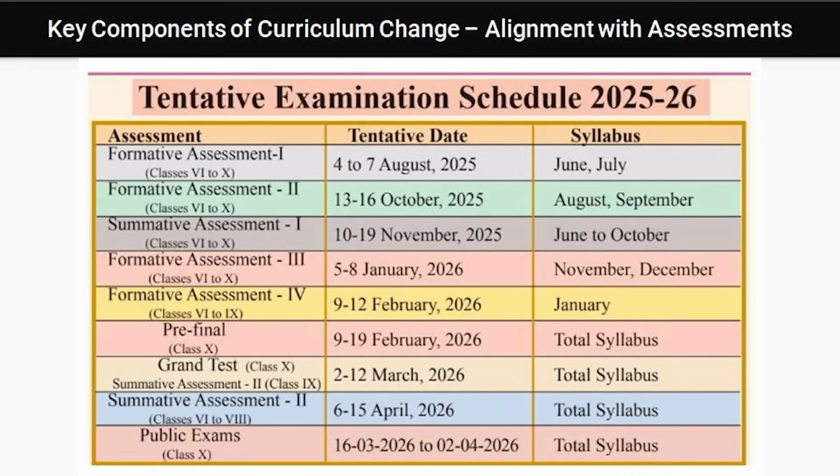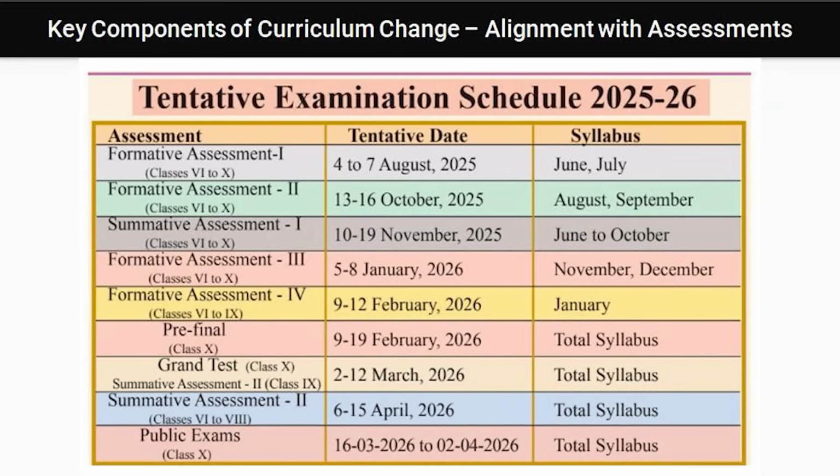As I already discussed, the formative and summative assessments are also prefixed. That is, the first formative is from 4th to 7th August, and it has to cover the June-July syllabus, and formative 2 is from 13th to 16th October, and it has to cover the syllabus of August and September. Like this, each and every formative as well as summative, including the grand test for 10th class, is also prefixed, because there should not be confusion for the teachers